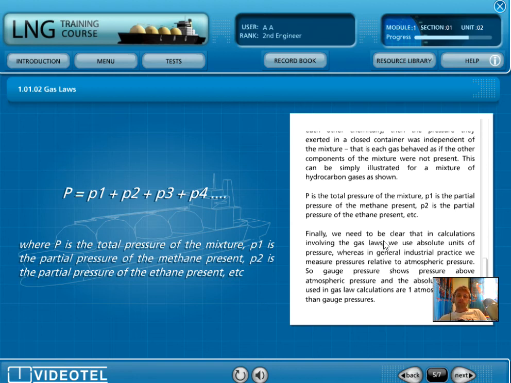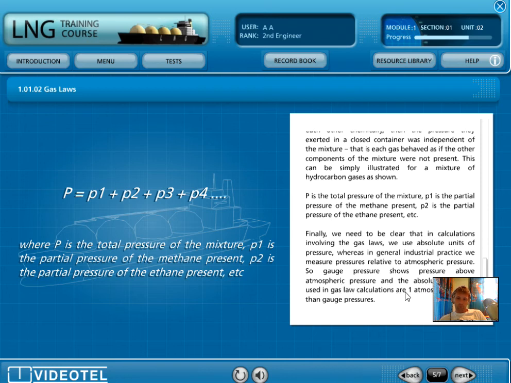Finally, we need to be clear that in calculations involving the gas laws, we use absolute units of pressure, whereas in general industrial practice, we measure pressures relative to atmospheric pressure. So, gauge pressure shows pressure above atmospheric pressure, and the absolute pressures used in gas law calculations are 1 atmosphere